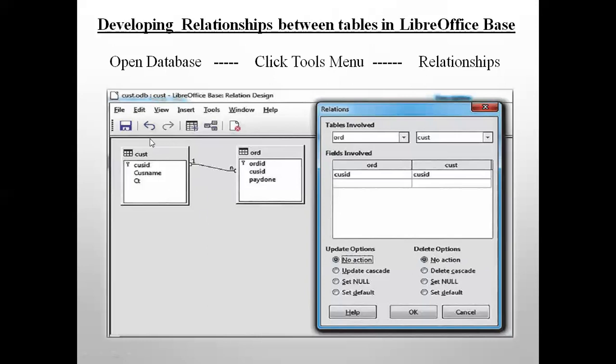After this process, you can save it and close it. So the relationship will be saved forever. When you open the file next time, this will be available to you. So this was the last part of this chapter. I hope you are clear with today's concepts: the types of keys, four types that we learned, and the three types of relationships between tables in a database. Be clear with your theory. Then only you will be able to solve the skill-oriented practical problems related to this topic. So keep learning. Thank you.